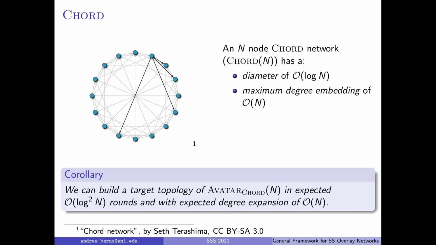So on the one hand, chord by itself is nice to put into our framework as far as runtime is concerned. It can be built in polylogarithmic, log squared n, time, but the degree growth is enormous. Order n, which is the maximum the degree growth could be. Again, this comes from the fact that the more nodes I host, the more nodes I have to be neighbors with, and my degree grows.